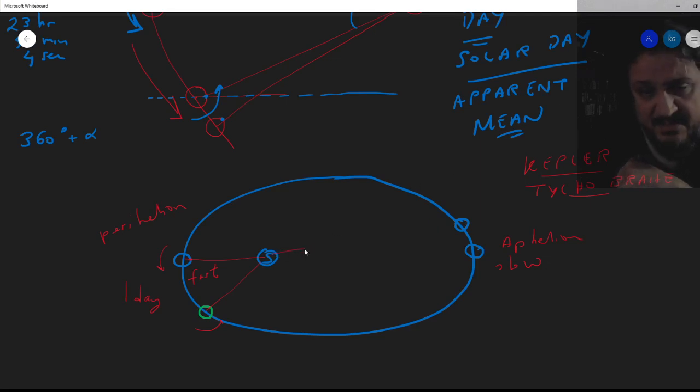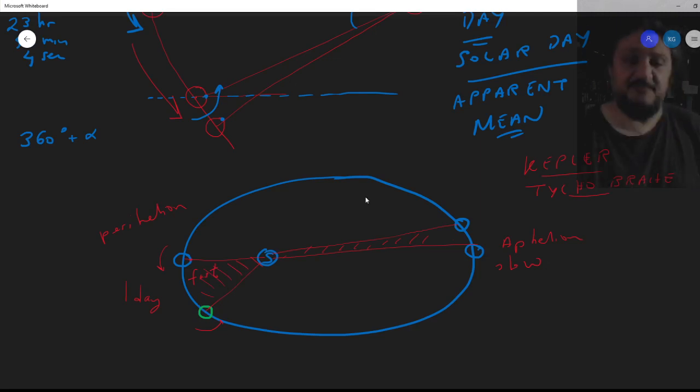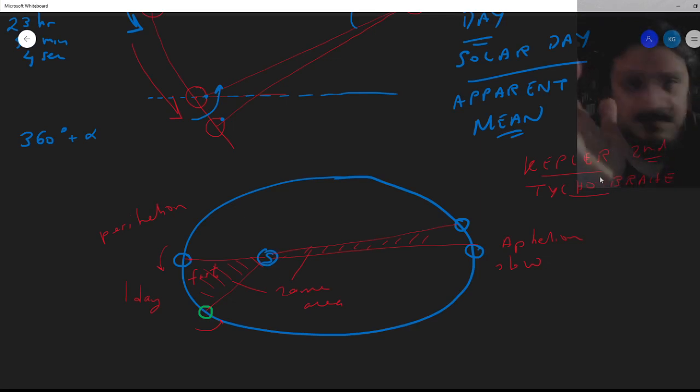And when this is happening, this doesn't have to be for 1 day. You can do it for 1 month or 1 week. As long as the times are the same, it's going to work. You look at this triangle formed here, and this triangle. They look different, but their areas are the same. Same area. Okay, it's called Kepler's second law. And Isaac Newton explained why this is happening using his theory of gravity, but Kepler just observed it, and came up with a law.